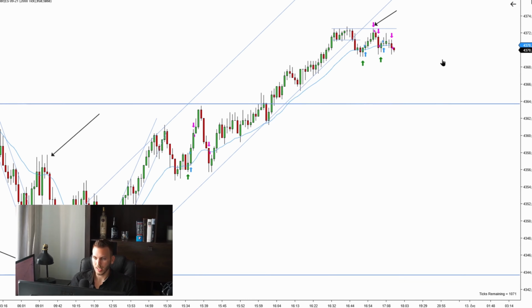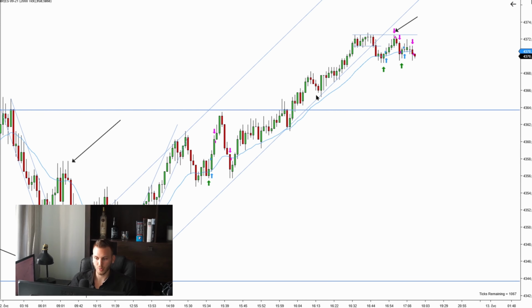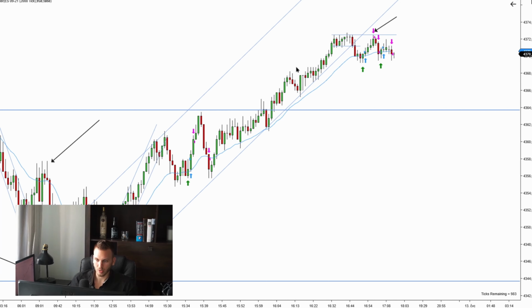We're 2-1 for the day. 2 winners, 1 loser. Not ideal, but there were really no setups here. But remember, stick to the plan. Just wait for the high probability setups. There were just a bunch of first entries right here. So remember, not making money is better than losing money. You just witnessed it